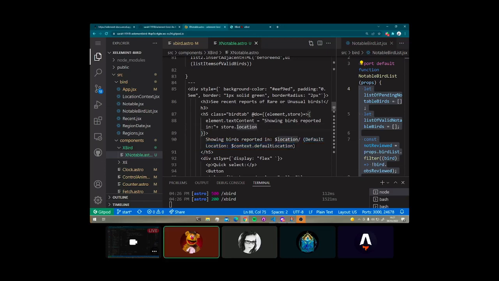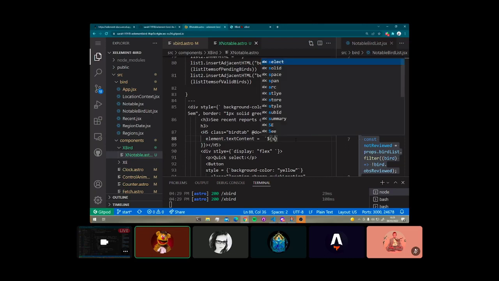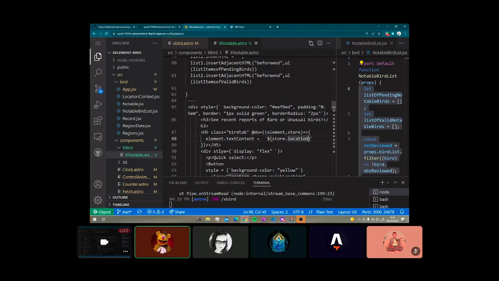Yeah, that will do, right? Default context dot default location. I don't know where that's coming from because we don't have a default location, we've just got a location, right? And we're going to close this in. Store.location, right? But the thing is, if store.location is equal to nil, we need to populate it with something, because that's the problem. There's no store location, there's no default location, right? So if store location is